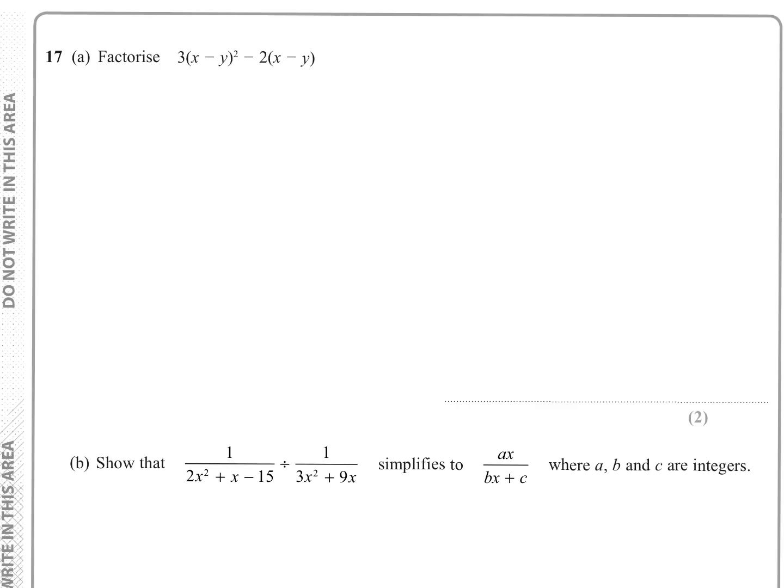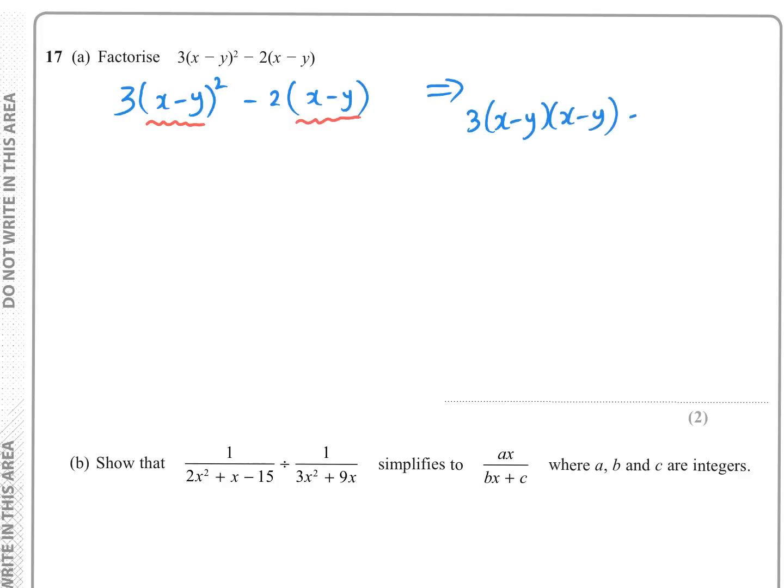Question 17. Well, when looking at this question, try and think what's apparent in both parts of this expression. Well, hopefully you can see there's an x minus y bracket going on here, and there's also one here. But if I write this in this way, which is exactly the same,